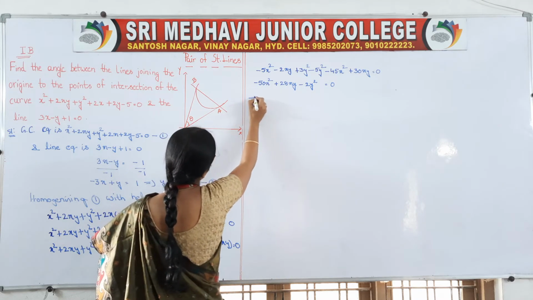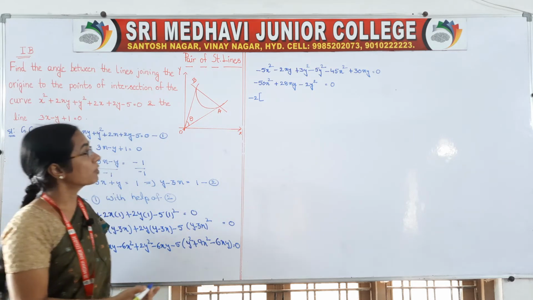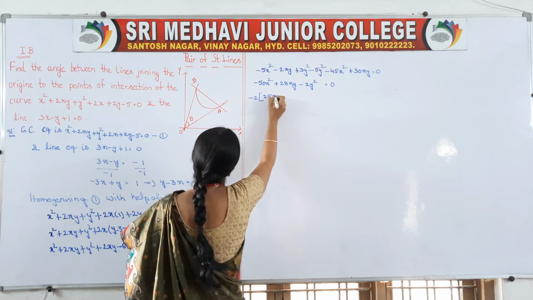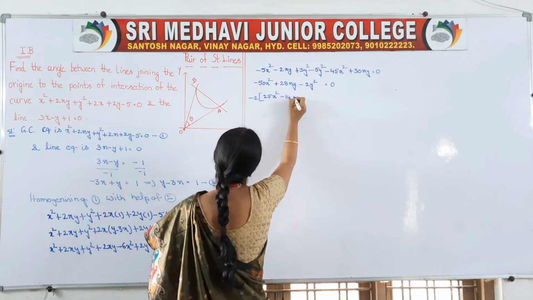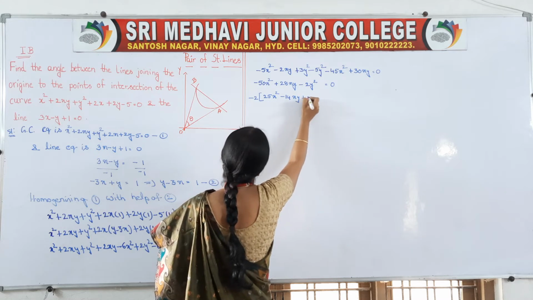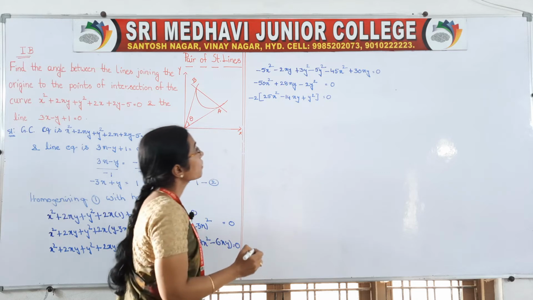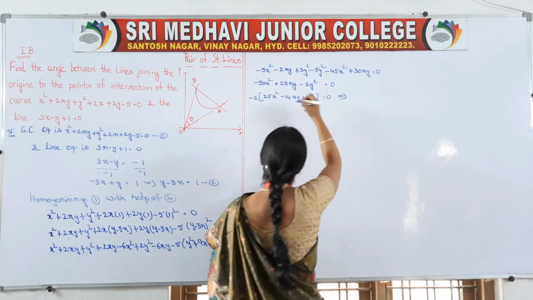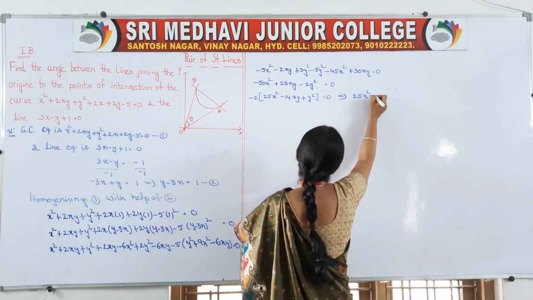You take minus 2 common, isn't it? We can take minus 2 common from this equation. So it is 25 2s are 50, next 14 2s are 28, plus y square is equal to 0. What happens? Send minus 2 to that side. 0 by anything is 0. So 25x square minus